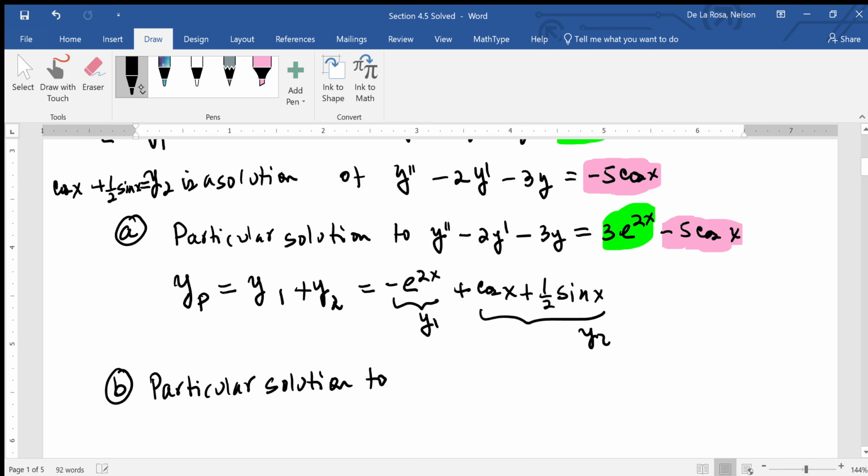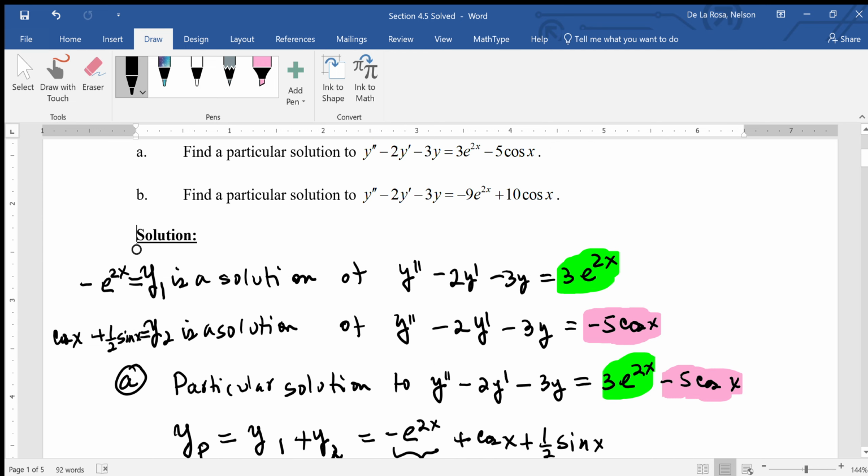It's the same thing: y double prime minus 2y prime minus 3y. But now the right side, remember, this is f of x. It's a non-homogeneous equation. So we have negative 9